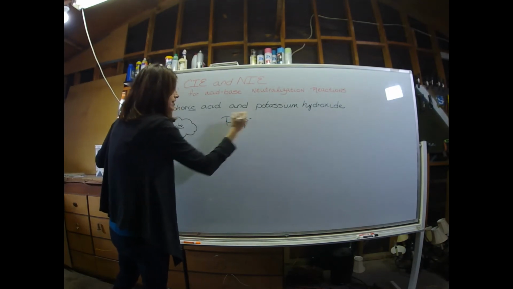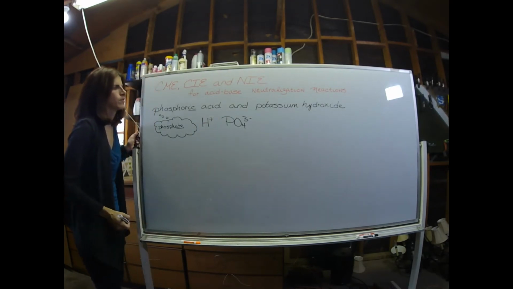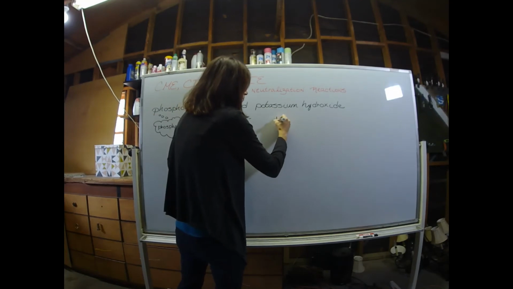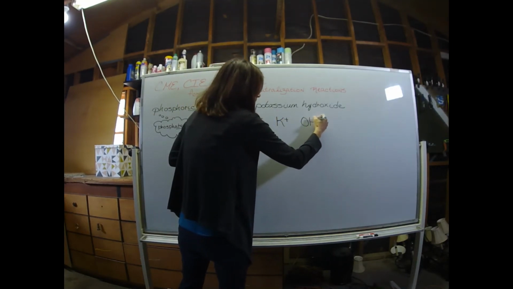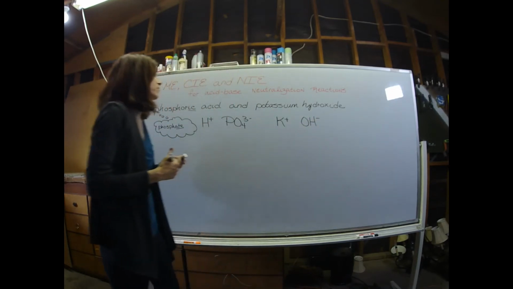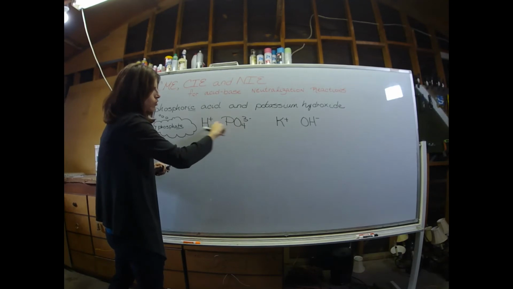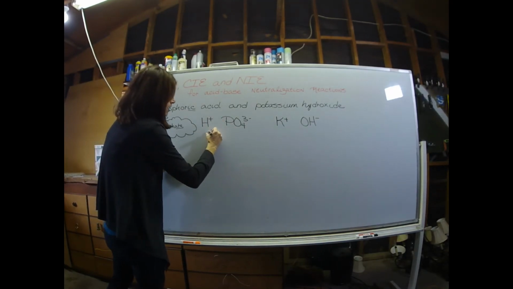Since it's an acid, I know it involves H+. Over here with the base, we have potassium and Arrhenius base hydroxide. So for the reagents, I'm going to crisscross the proton, the H+ with the phosphate. That gives me